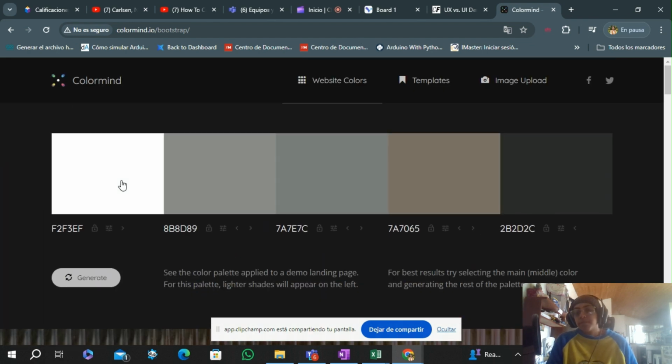So remember, as I told you, that the background or the main color has to be associated with our logotype color. Yes, because the idea is that people can properly identify our brand through colors. Okay, this is very important. So for that reason,